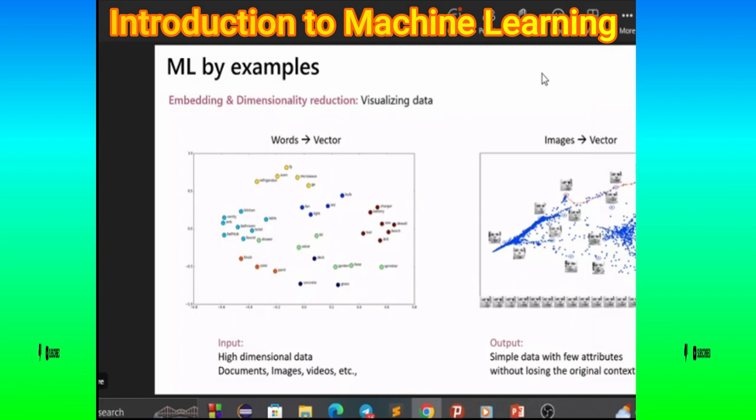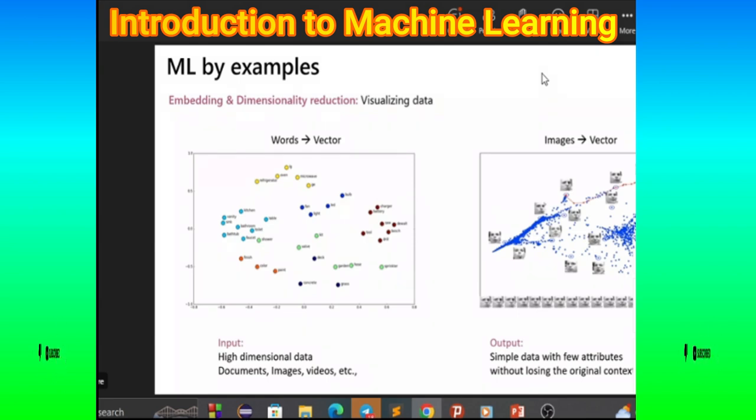And another is embedding and dimensionality reduction. Sometimes the data that we see may be very difficult to understand or grasp by simply looking at it, especially when it becomes multi-dimensional, more than a three-dimensional data set. When that is the case, then we may convert